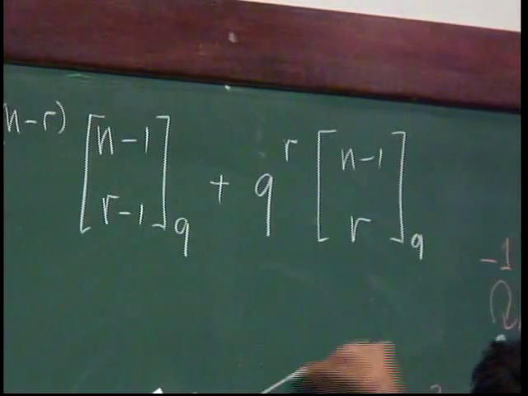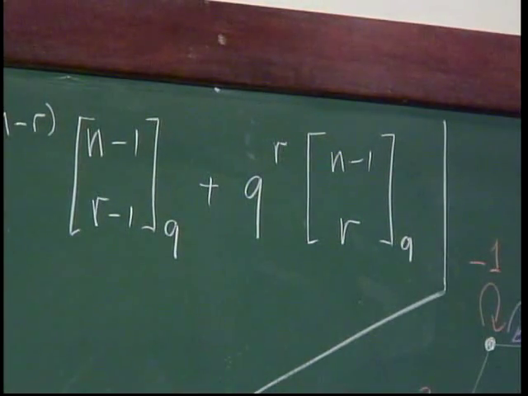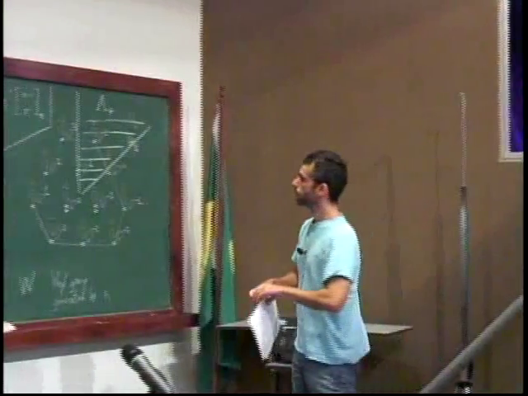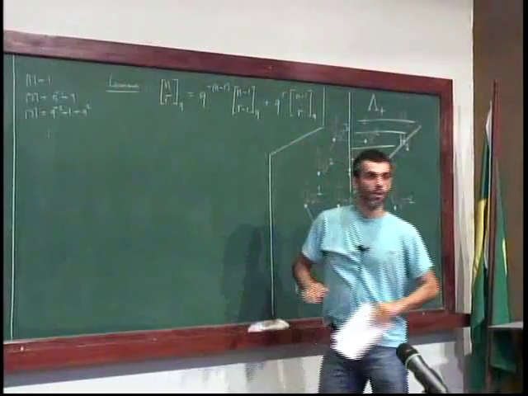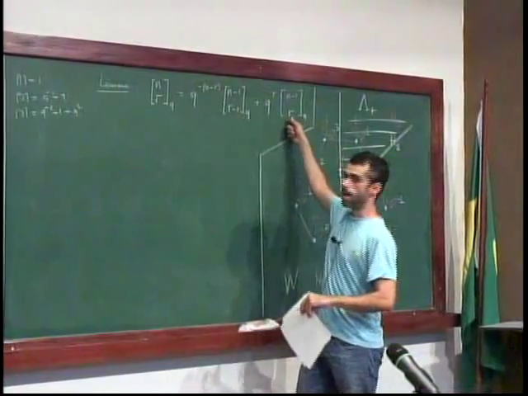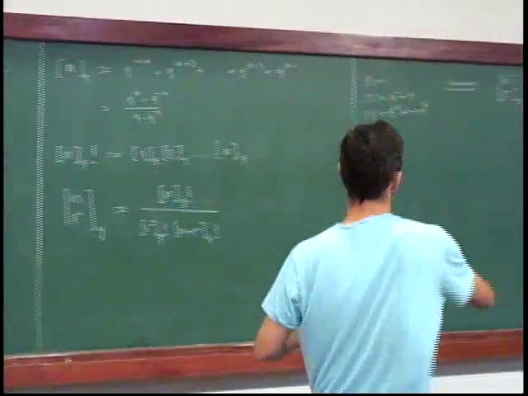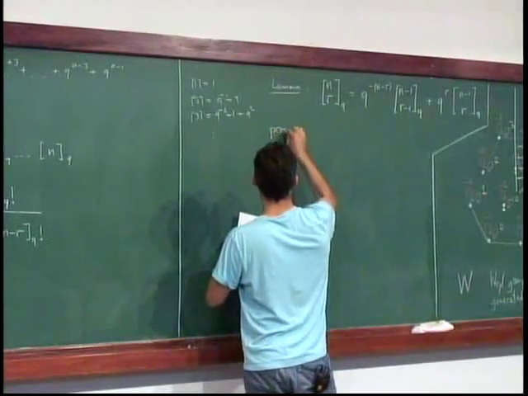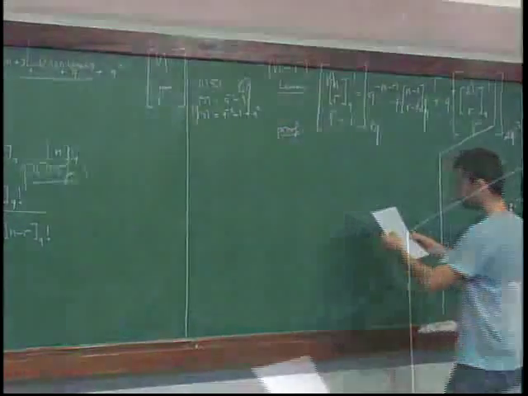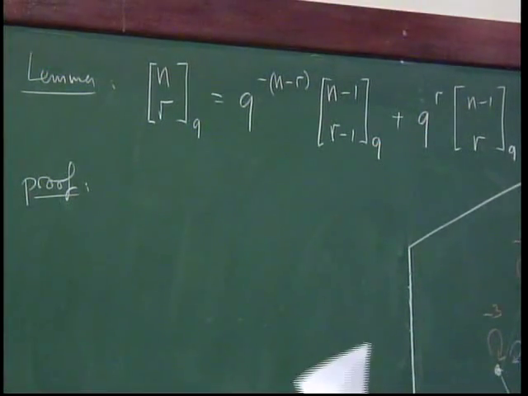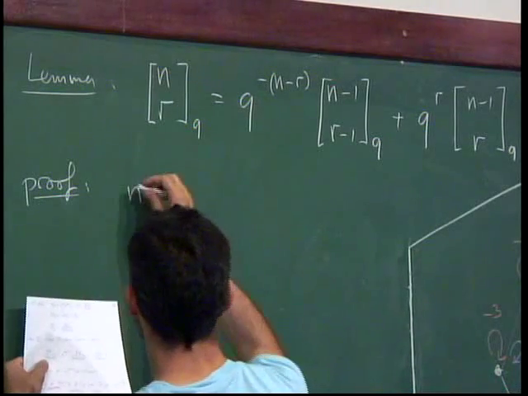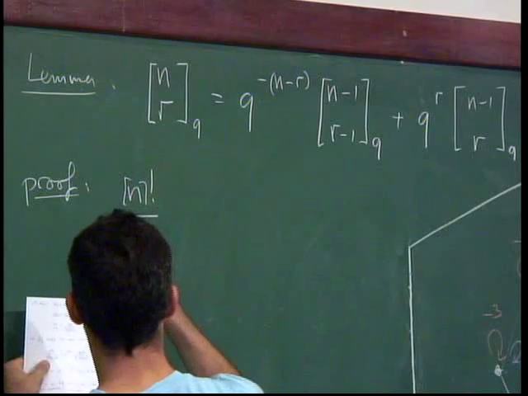So that's the usual relation that you use to draw the Pascal triangle. Like, you draw the Pascal triangle, and this term is the sum of the two that are above. If you set q equal to 1, these two terms go away, and you're left with this equals that plus that. So let me show you why that is the case. So we need to argue that n factorial